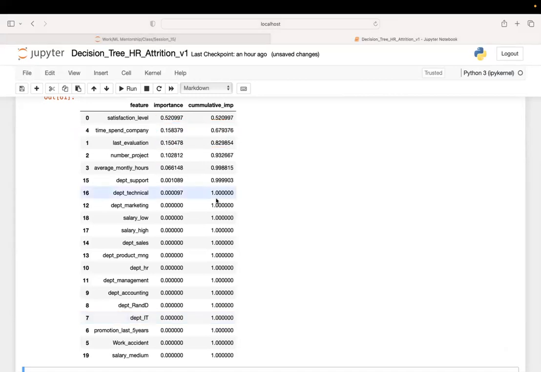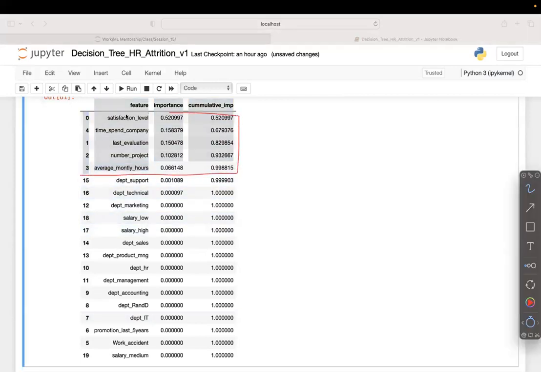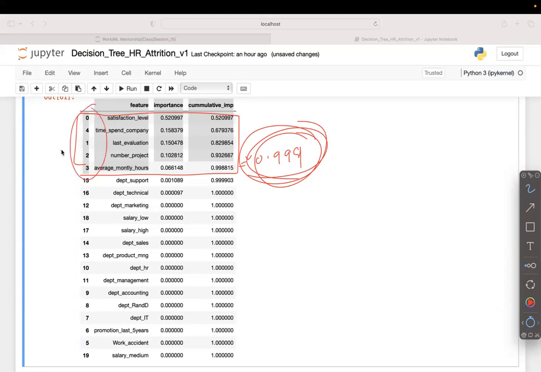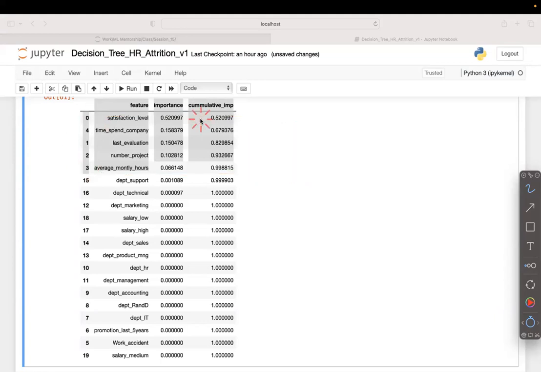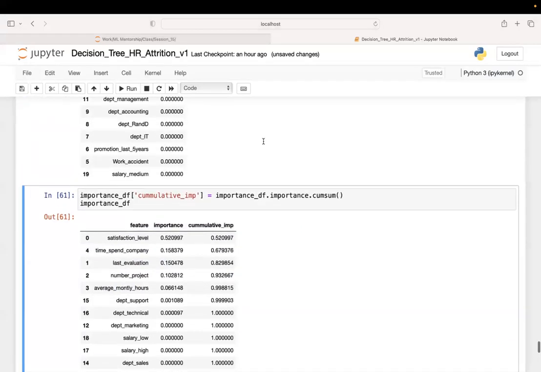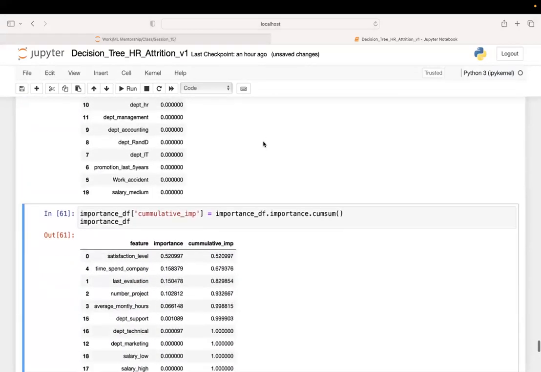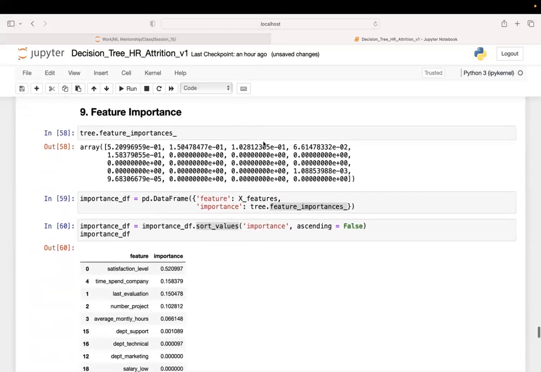And you can see by the time we reach the 5 features, this is almost 0.999, close to 1. So all the information that is required to classify between left and not left, almost 100% of the information is there within these 5 features. And you can actually go and build a model. And that's why decision tree is also used as a feature